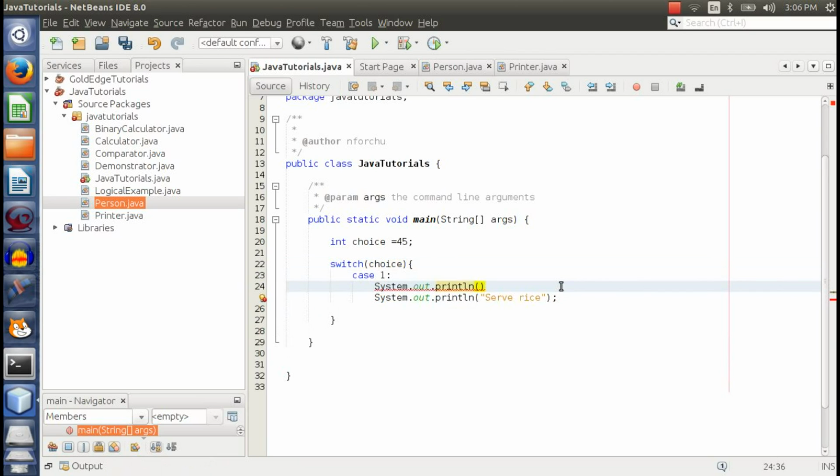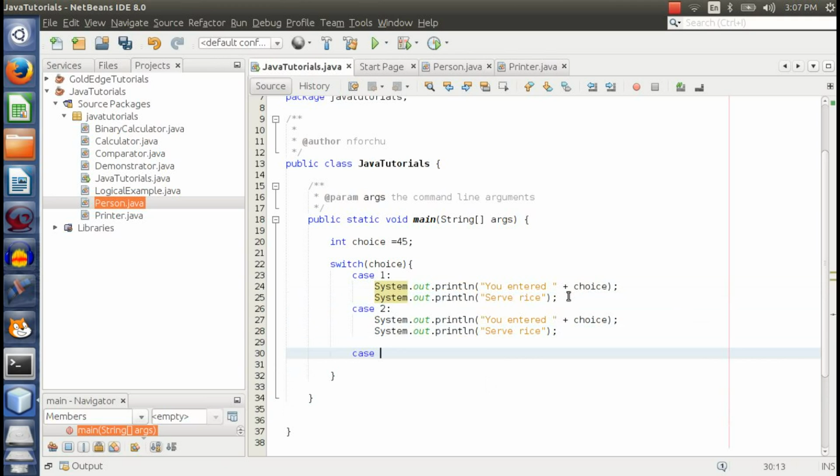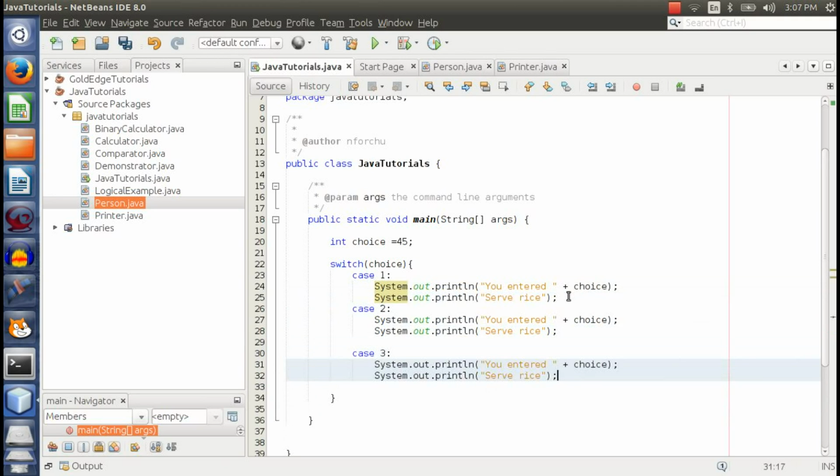System.out.println, you entered plus choice. Good. I'll copy all of this, and I'll just paste them down there as I go. So I could say case 2, and I paste it, and then I say case 3, and I paste it, and I'll change this to serve pie, and change this to serve noodles, and the last one is default,